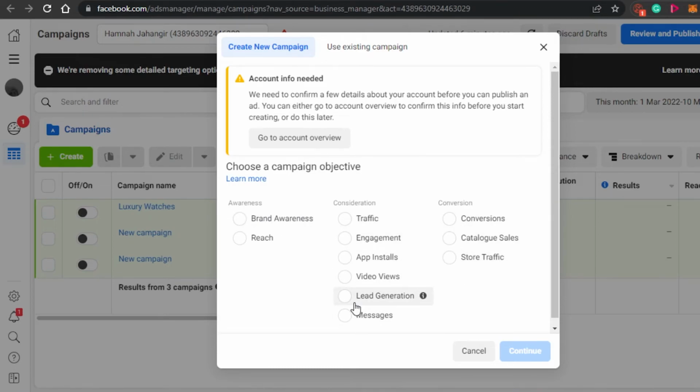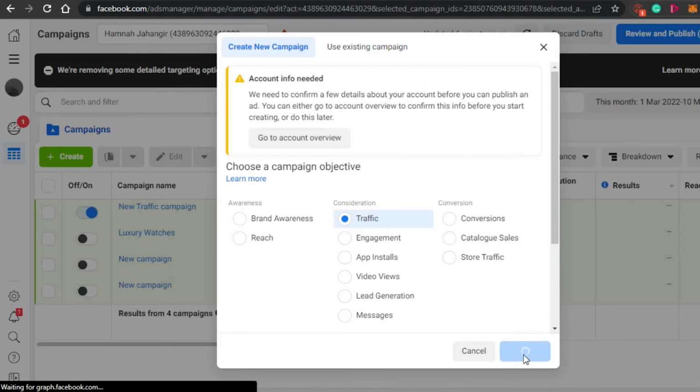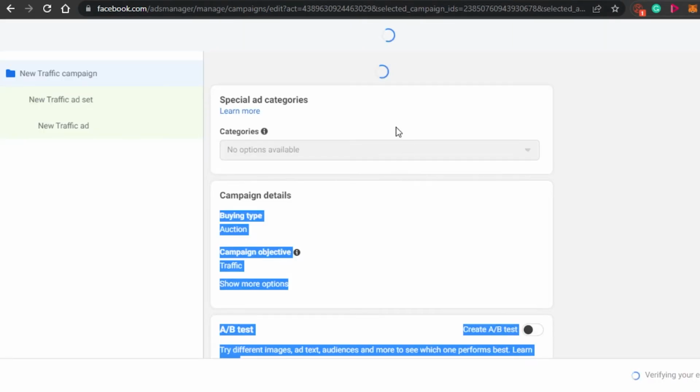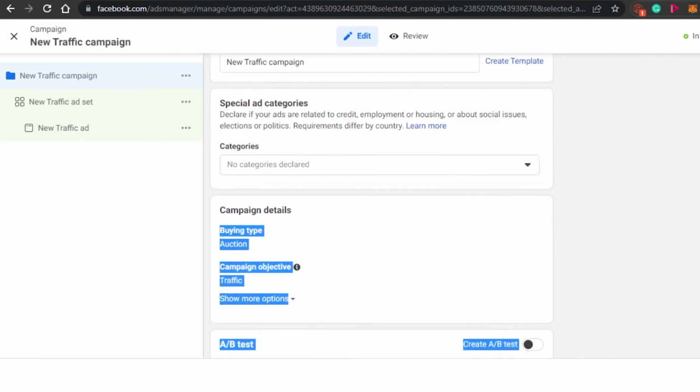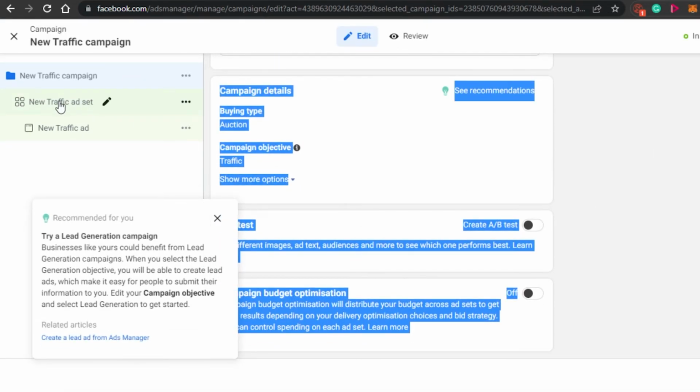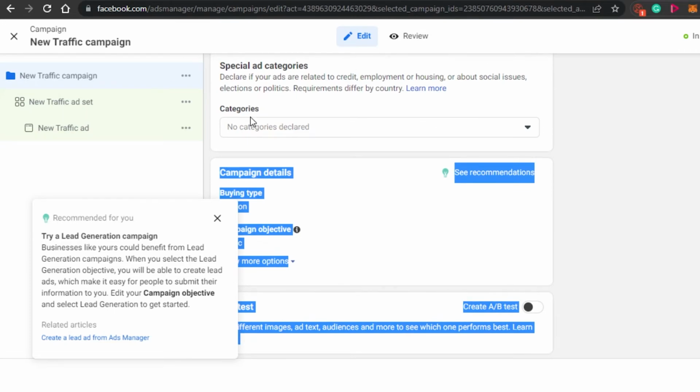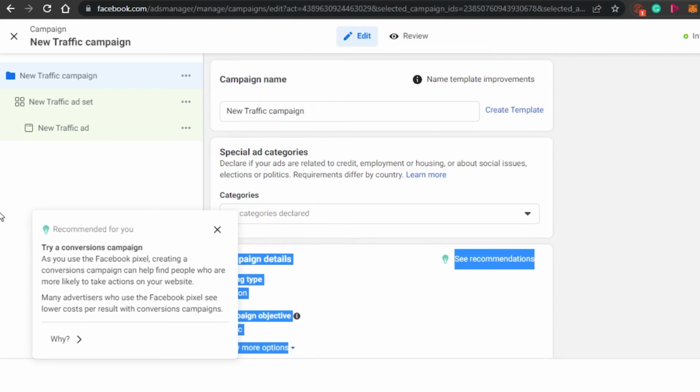You can simply go with lead generation, or views, or engagement, traffic. You simply click right here, and then you continue. This is the type of campaign I want to create. I want to go for traffic, and then you can create your campaign with different details. You have to add the category type, you have to add the details right here, and then you will also set the audience. You can also add the ads that you have created into a campaign to create a professional campaign with a lot of different ads for people to compare, and then you will be able to